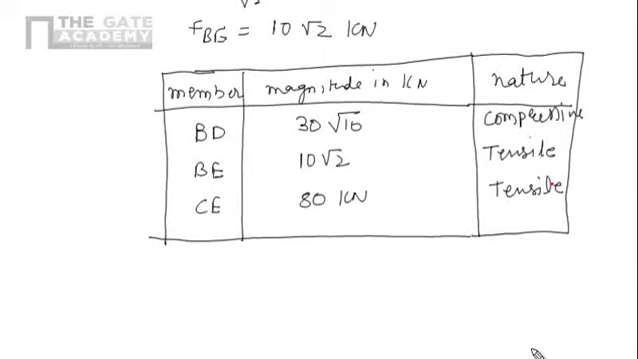So by this example, we can easily understand how the method of section works, and how fast we can calculate the values of unknown forces, or we can say that we can easily calculate forces in a few members of the truss. So method of section is very useful if you have to find out forces in